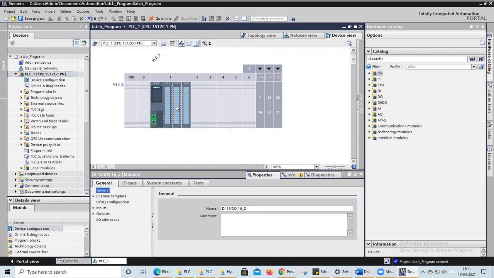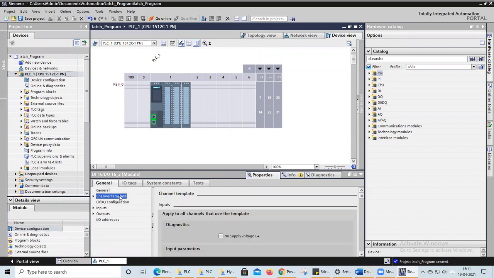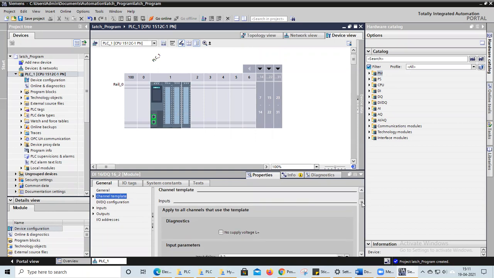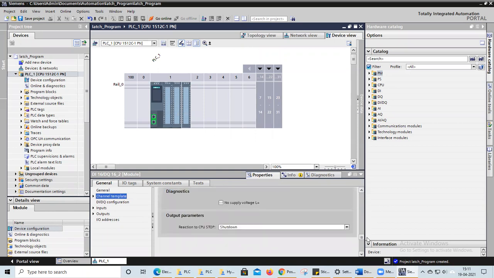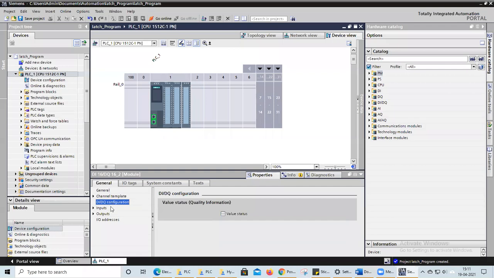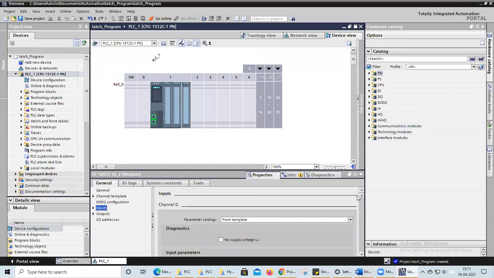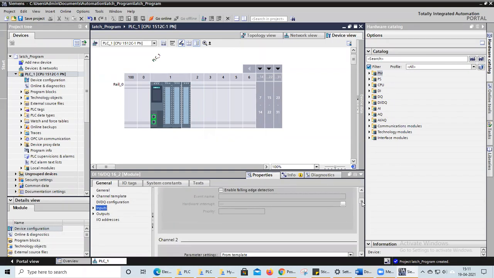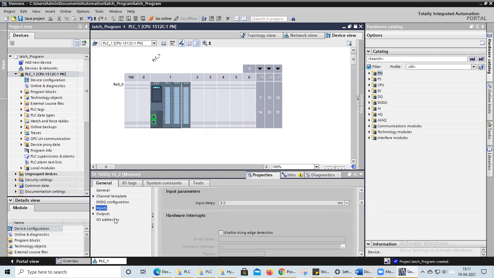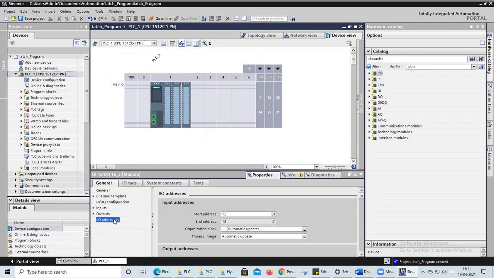This one means this is the first channel. And general templates, channel template, it has nothing. Configuration, input, okay, it has nothing. And IO addresses, okay, here at the bottom you can see IO addresses, input output addresses.